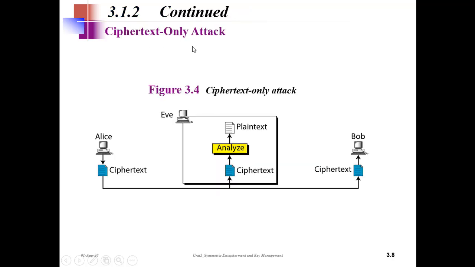So what is a ciphertext only attack? As the name indicates, it attacks only the ciphertext. Alice is sending a message to Bob in the form of ciphertext. Obviously this is going through an insecure channel, right? So the ciphertext is easily readable by any person. Eve eavesdrops on that ciphertext, gets it, and uses various techniques to analyze it. This is also called a brute force attack. What he does is apply various keys and various statistics on that, and tries to arrive at the plain text, right? So this is the ciphertext only attack.